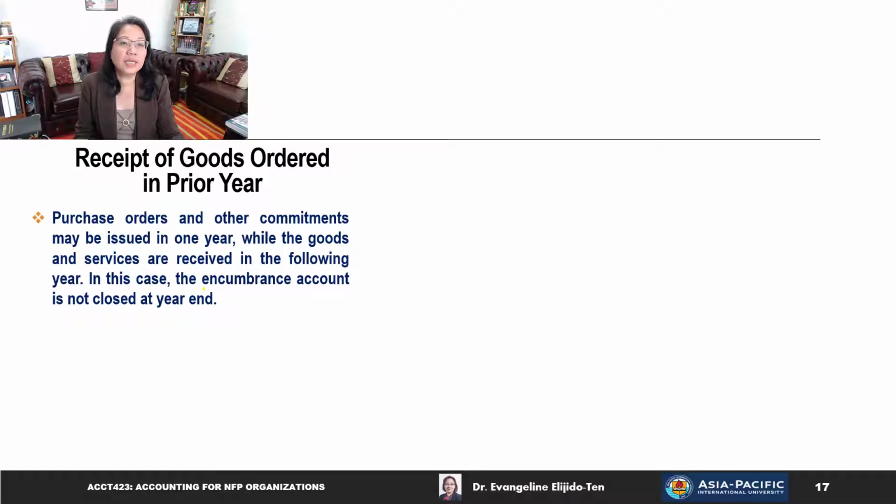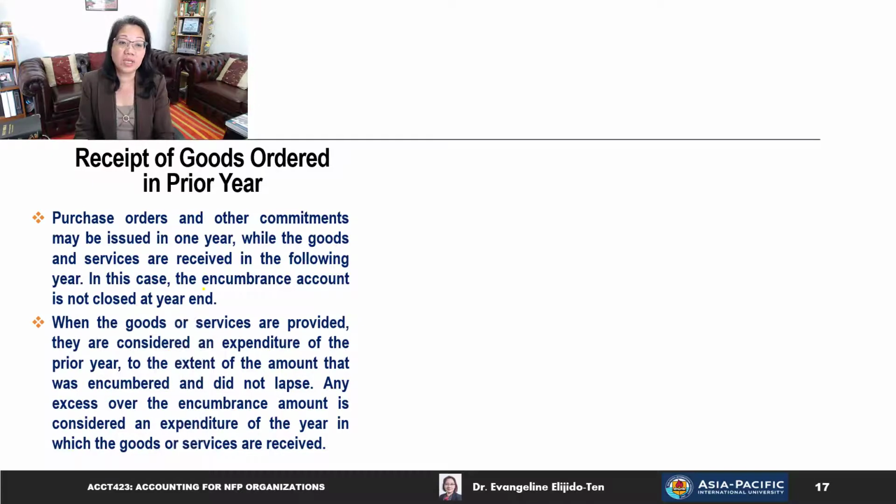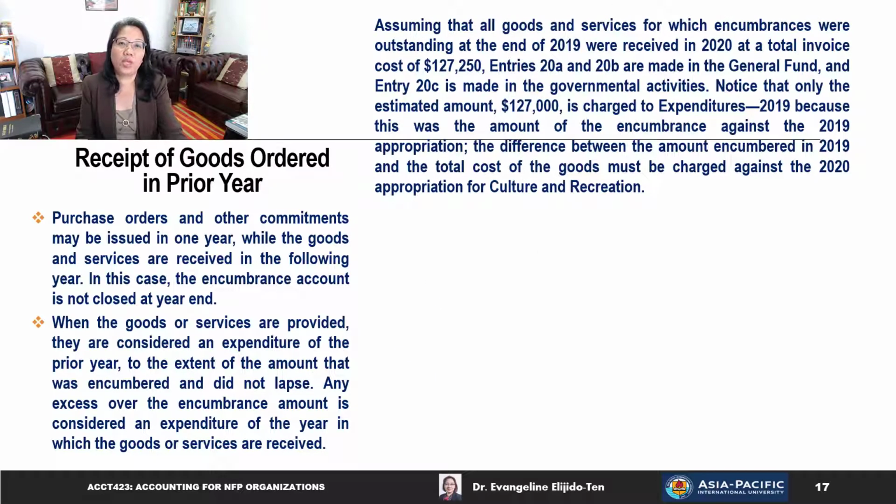Now, when we receive goods that we ordered from prior years, how do we deal with that? Purchase orders and other commitments may be issued in one year while the goods and services are received in the following year. So, in this case, the encumbrance account is not closed at year end. When the goods and services are provided, they are considered an expenditure of the previous year to the extent of the amount that was encumbered. So, how do we deal with this? Let's assume that all goods and services for which encumbrances were outstanding at the end of 2019 were received in 2020 at a total invoice cost of